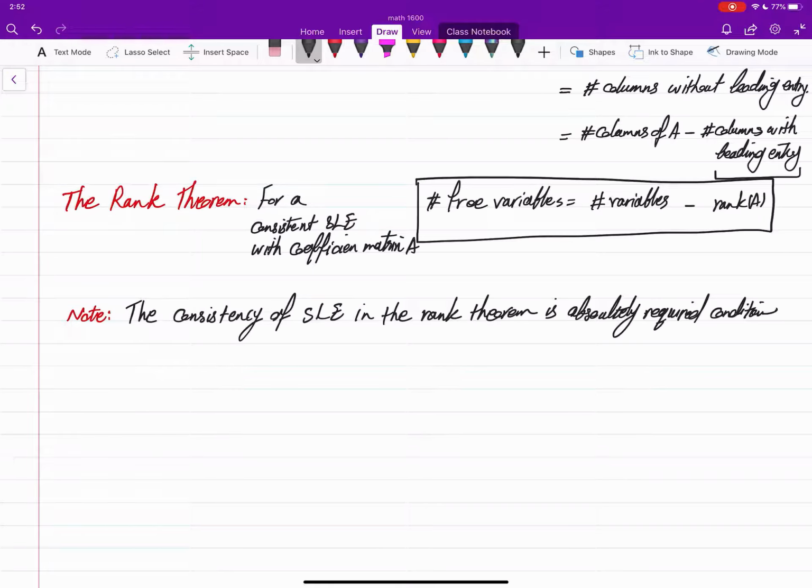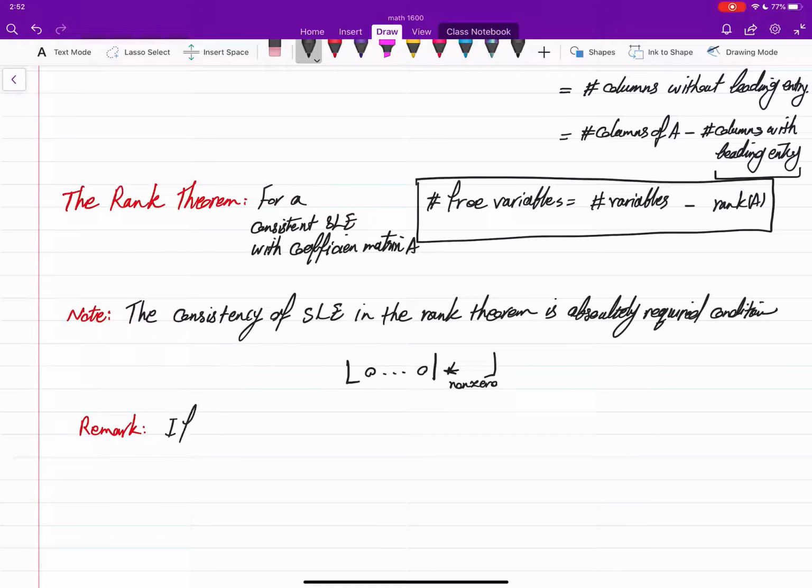And inconsistency comes when you row reduce and you get a row where the coefficient part is 0, while the constant part is non-zero. So if we start with a system of linear equations which has all 0 for the constant terms, we know that it is always consistent. So let me just write as a remark: